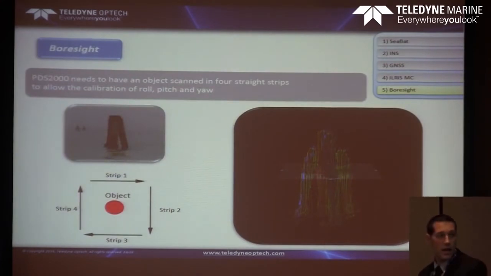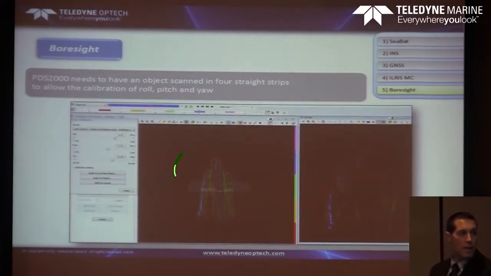So bore sighting was actually the most tricky part at the beginning. Teledyne RESON came out with a brilliant solution, I believe. What you need, of course, is one object that you can scan from 4 positions or 3 positions, depending. Most of the time it's 3 positions, but you can scan from 4 locations. So you do one direction, you scan the object, then the second, third, and fourth, and what you get is 4 different point clouds that in the PDS 2000 you have to